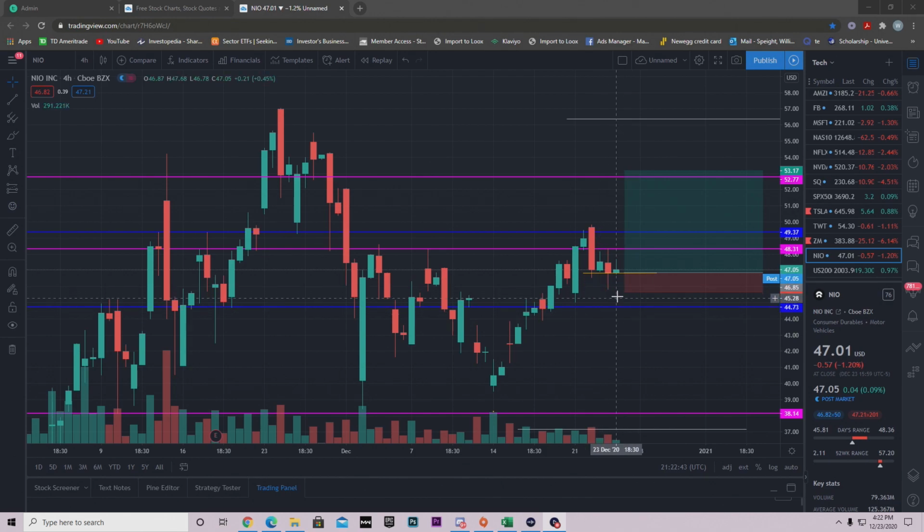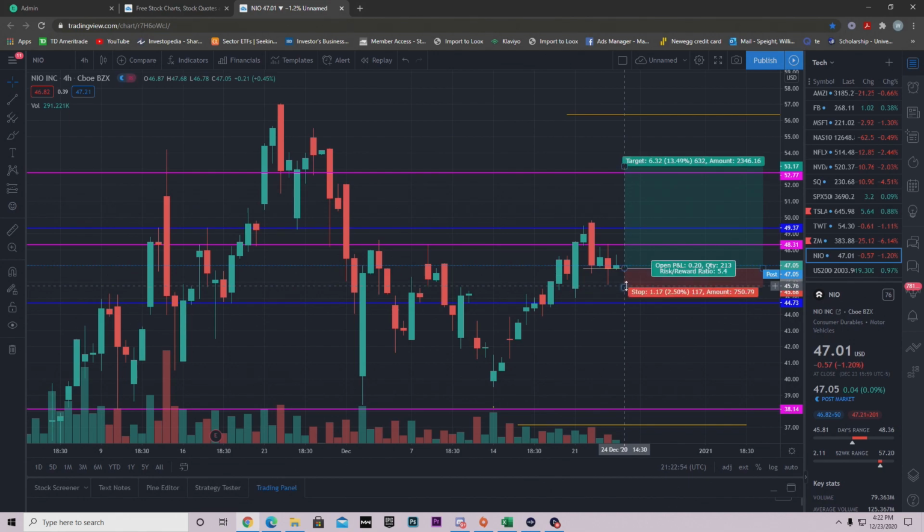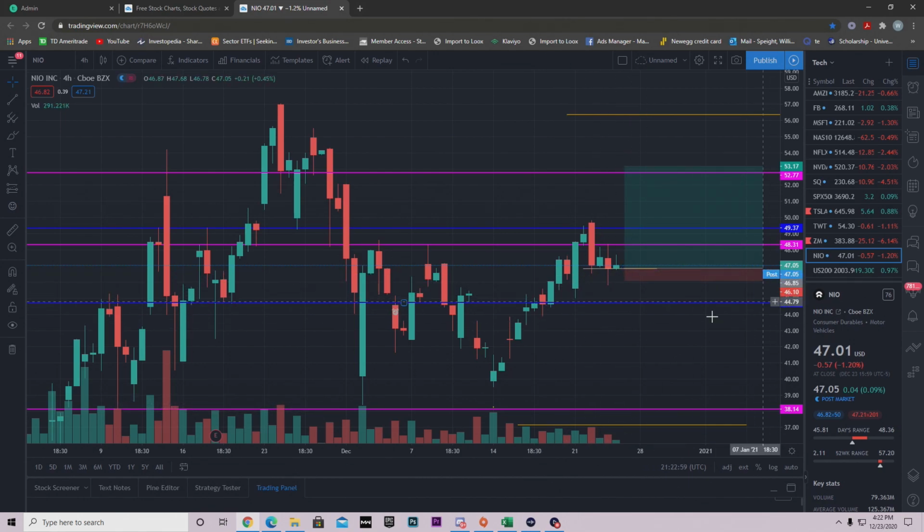Like I do in almost every video, I'm going to structure my trade like if I were to get in right now. So if you took an entry today at the NIO support line that I charted out at 46.83, where would you stop out? Me personally, I would pretty much give it to this candle right here. So I would stop out at 46.10.